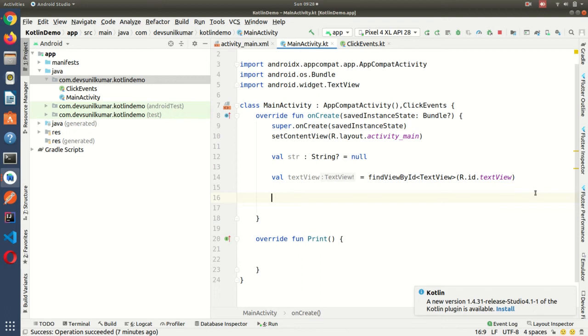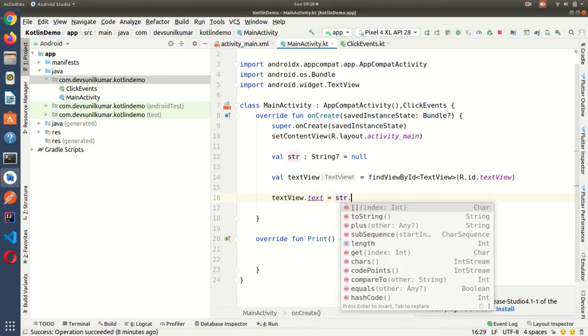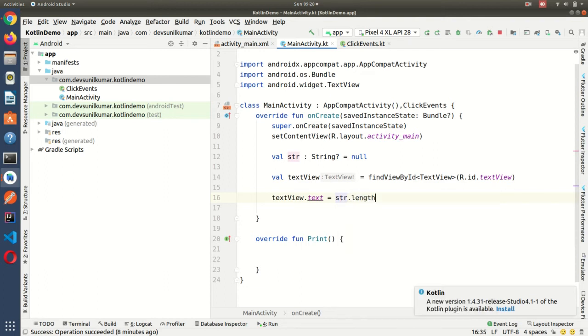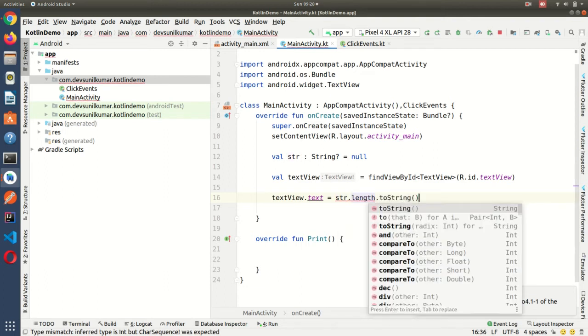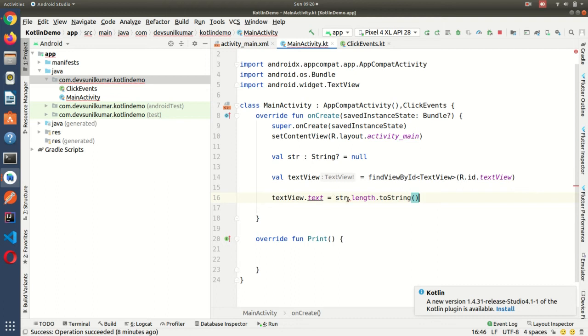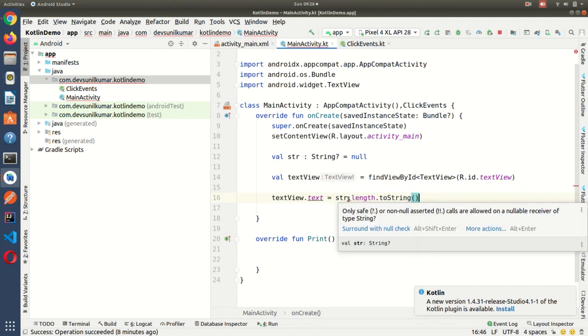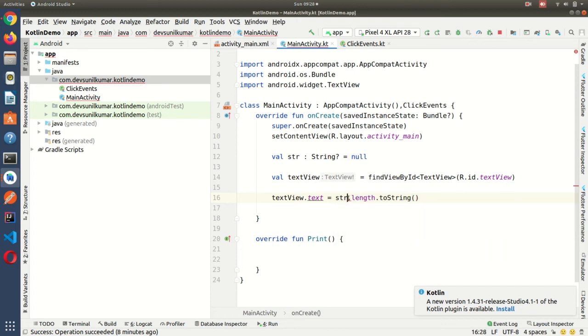And in Kotlin there is no need to use any semicolon. So here I write textView dot text is equal to str dot length. Here it is giving me an error, so only safe calls are allowed. So I need to make it a question mark, and let me run this code.